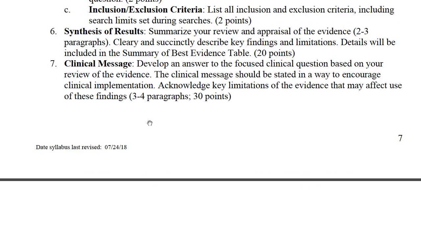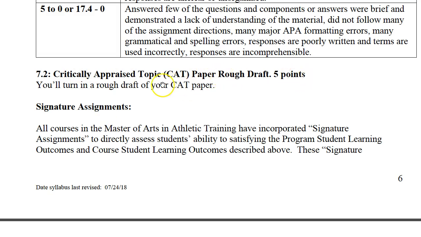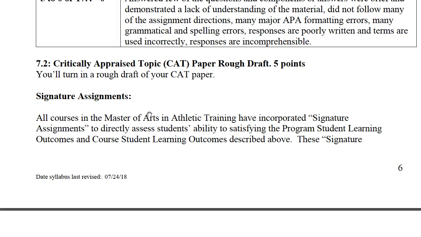Then, towards week 7, you're going to actually turn in a rough draft. That's what I have right here. Rough draft. It's only 5 points. You're going to put everything together through all your various learning activities. I'll give you feedback and turn it back to you. So the goal is for you to learn the material, do well on it, for me to give you constant feedback. So everybody in this class should have a great grade on this assignment if you follow my directions. When you're given feedback, you make the changes that I suggest or recommend. So that's the goal.